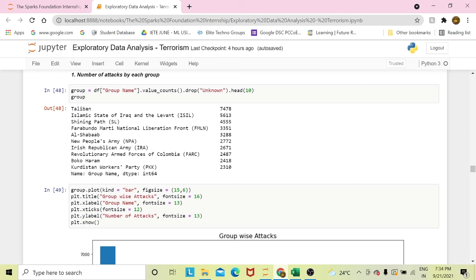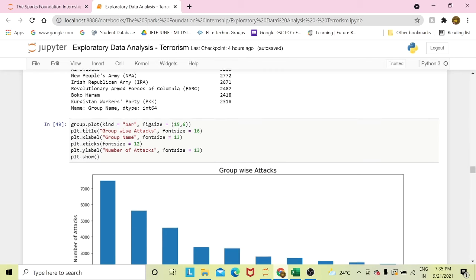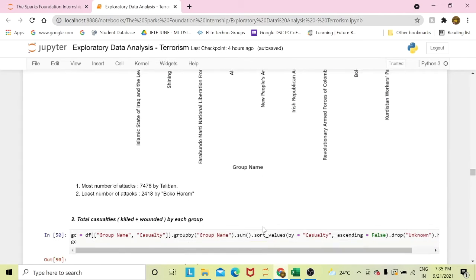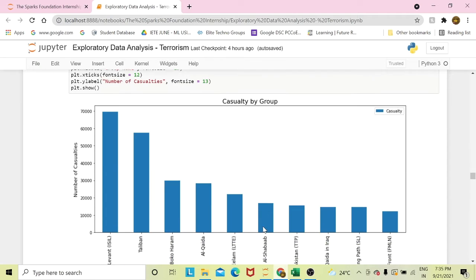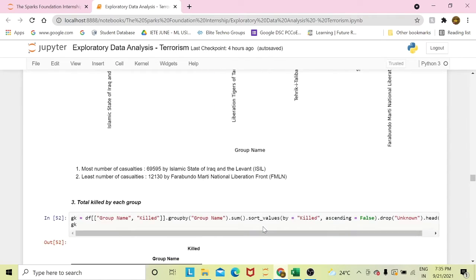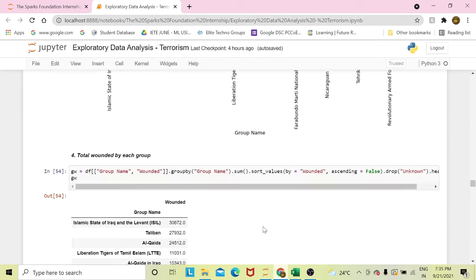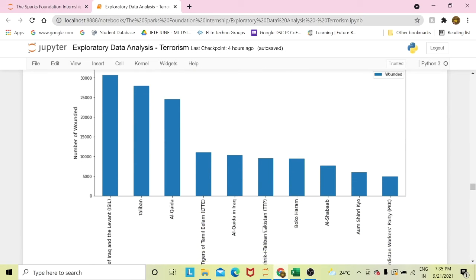After Taliban, Islamic State of Iraq and the Levant did the most number of activities, which are 5,613, and the 10th one is Kurdistan Workers Party, that is PKK, which did 2,310 activities. Then we plot the data and check for the number of casualties made by each group. After that, the number of people killed and the number of people wounded by each group.